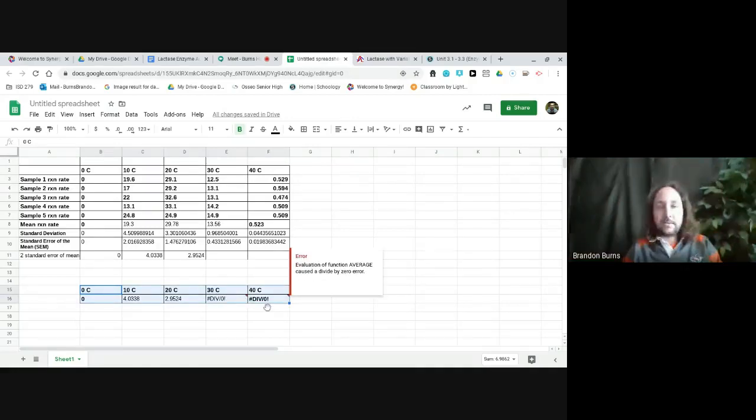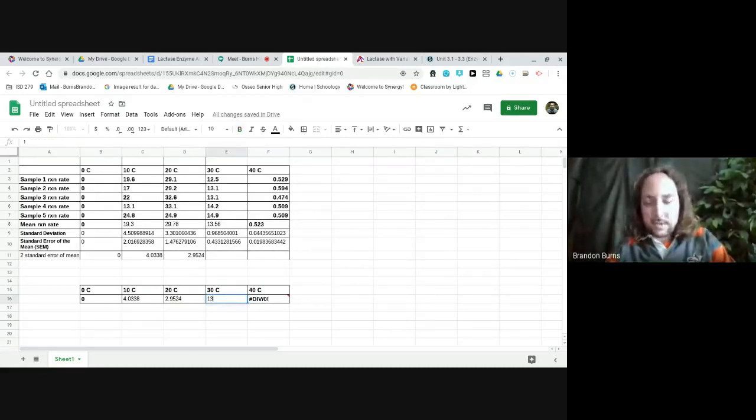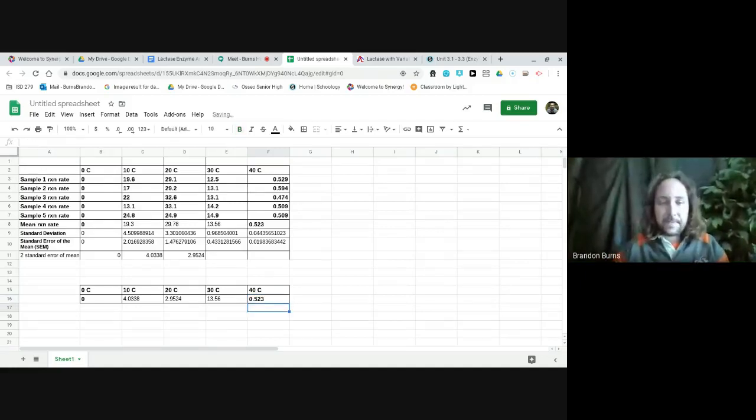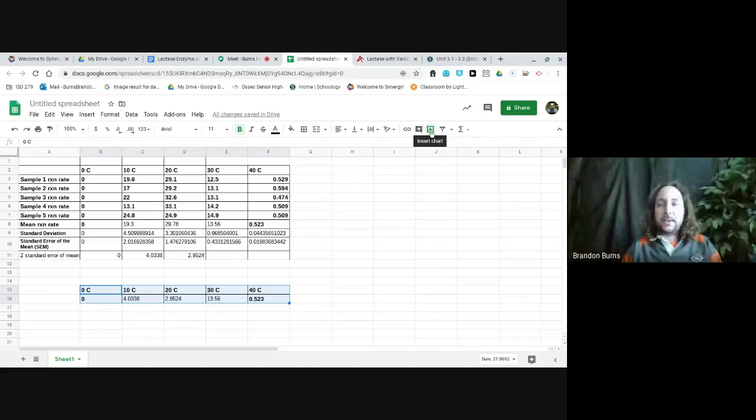Wait, why is it not? Oh, it's putting the function in. There we go. Okay, so there are my means. If I highlight all of those, and then go up here to insert chart,